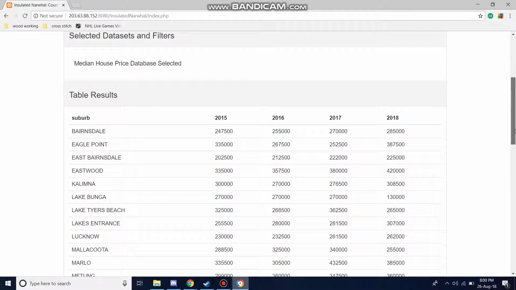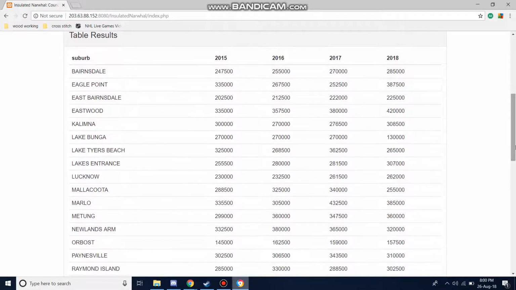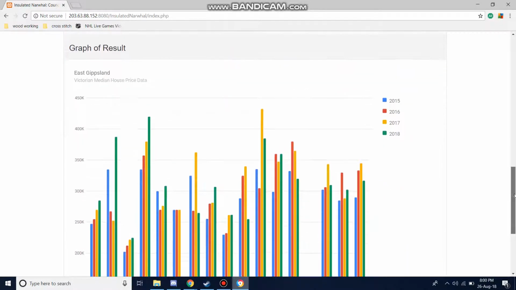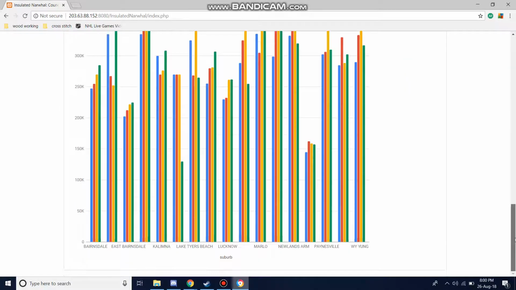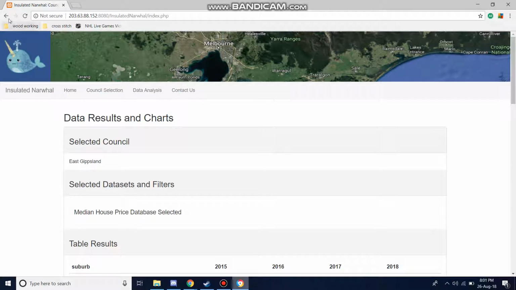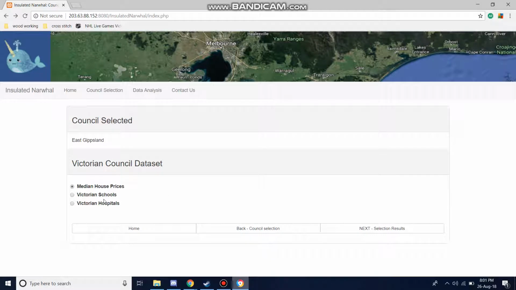In this case, the average median house price, where we have a data set from 2015, 16, 17, and 18. Bar graph with each year being a different color. House prices shown. And you can hover over the house prices to also see a result as well. Victorian Schools radio button